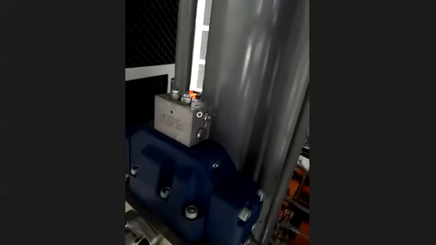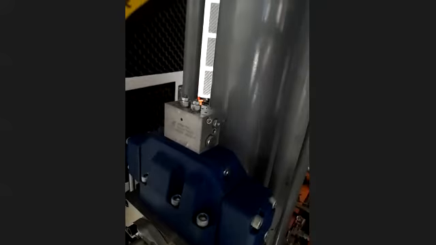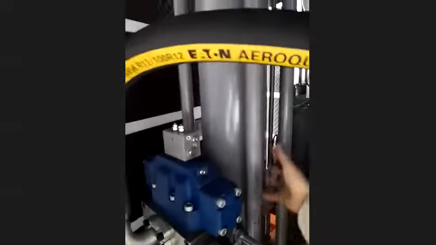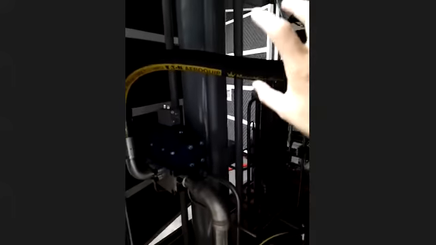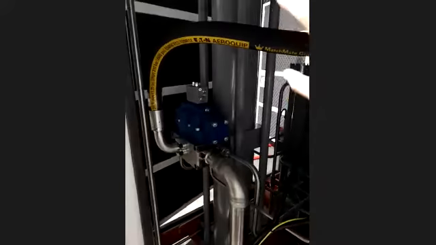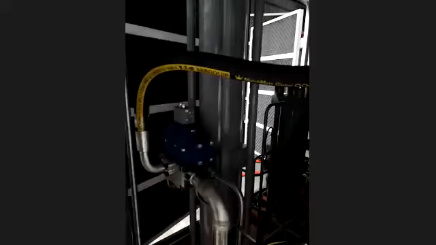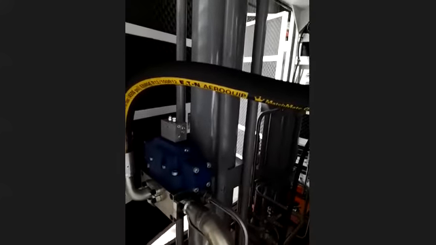You mean this is the manifold valve, right? No, this is not for LP and HP. This is for the two strokes, because here we have the cylinder with two pistons. One is in the upper stage, one is in the lower stage. So there will be two strokes, and one bolt will control only one stroke. So this is two bolts because there are two strokes. One bolt controls one stroke.